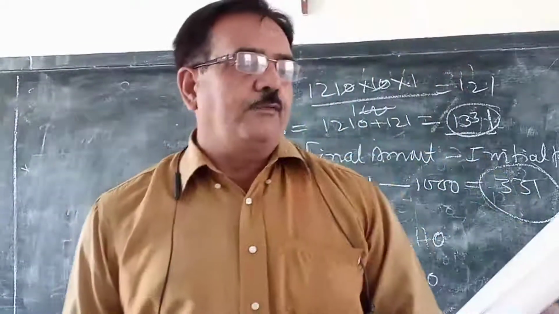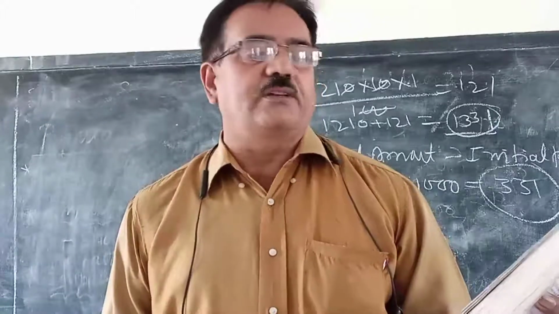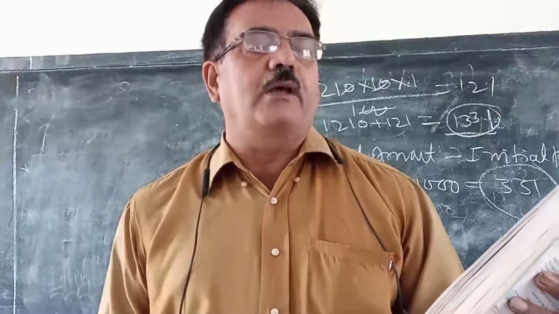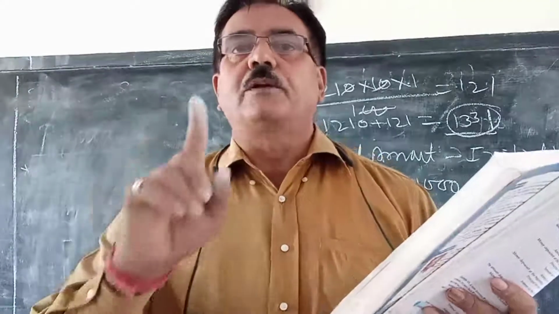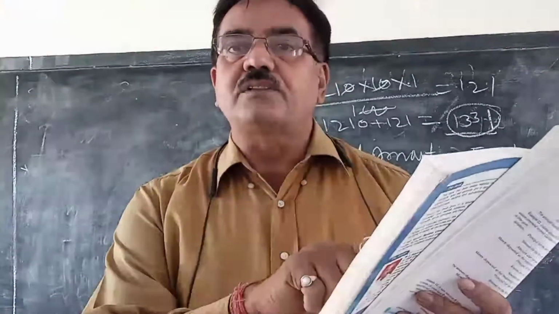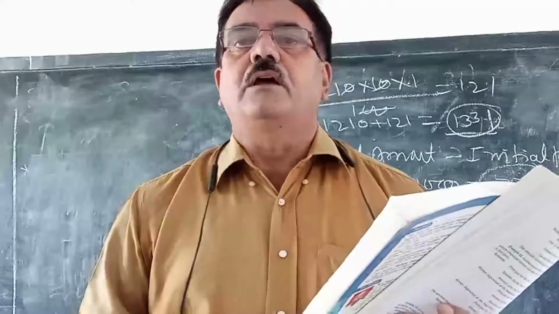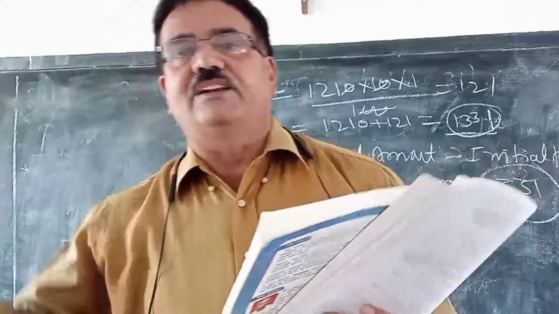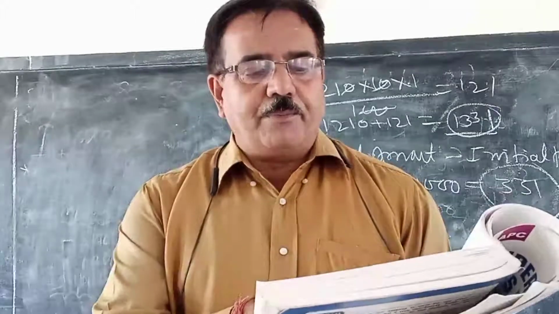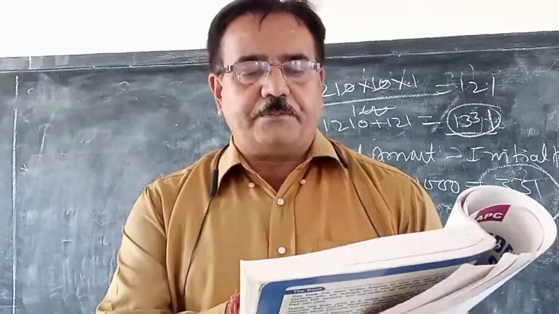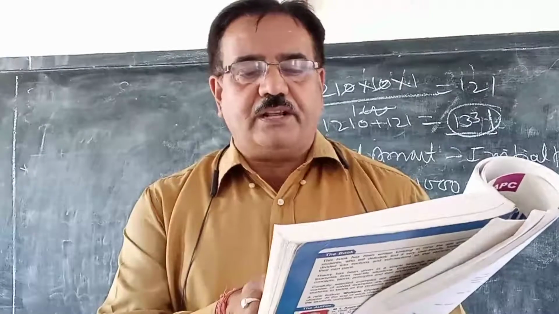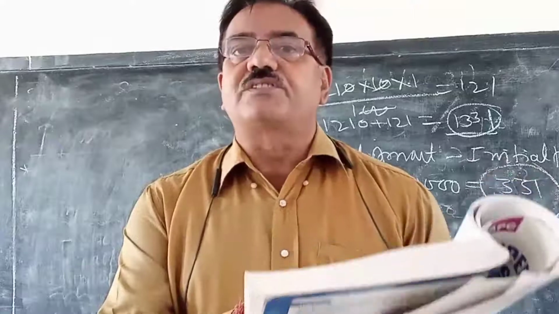So question given, find the amount in compound interest. First question, exercise 2.1, 8,000 at 5% per annum for 2 years. So first you will find the simple interest of first year, then amount of the first year. This amount of the first year becomes principal for the second year. Next question it is given, a man invests 46,875 at 4% per annum compound interest for 3 years. Calculate interest for the first year.